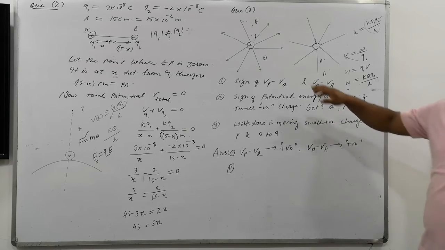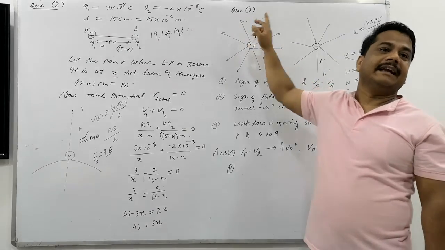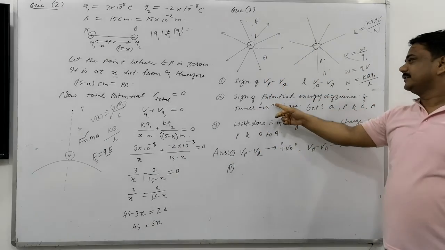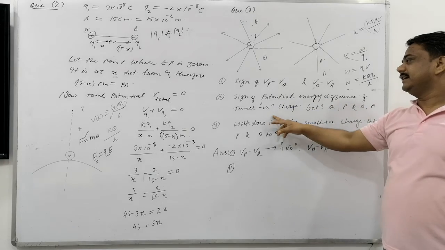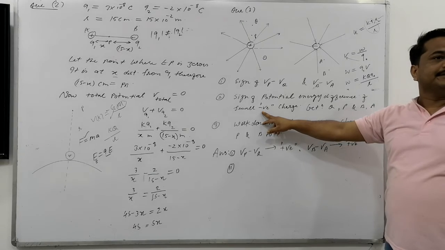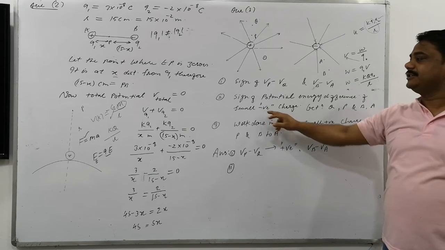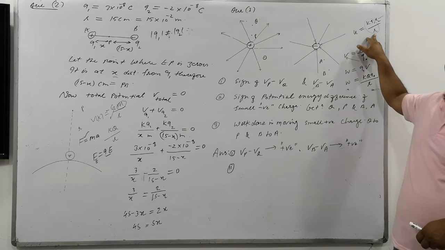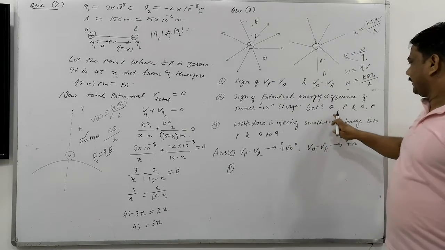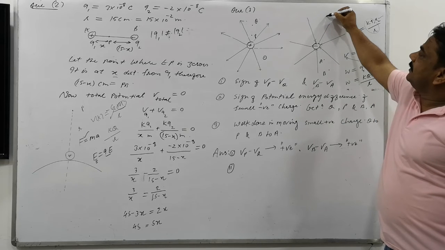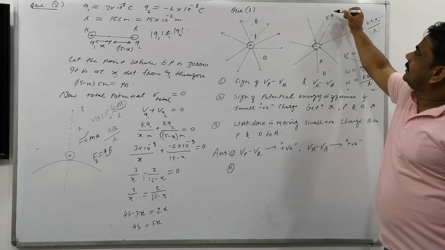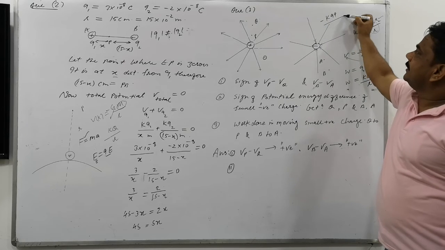Clear? So what is the sign of that potential energy? Negative or positive? Positive. Clear? Work done. Sign of potential energy difference negative, due to, listen here, a small negative charge. Small negative charge. So the potential energy formula is this. Just we can give here this difference. So Q and P. So potential energy K, Q1 is a positive charge and Q2 is a negative charge. Here we will take Q2 as the negative charge.